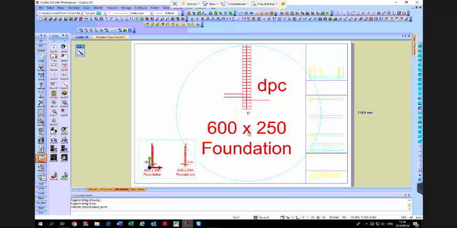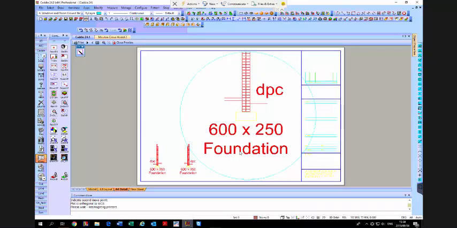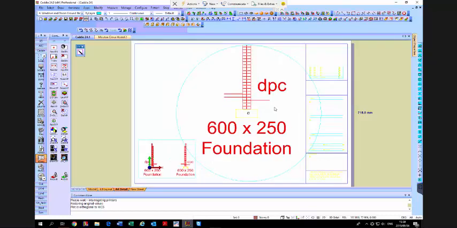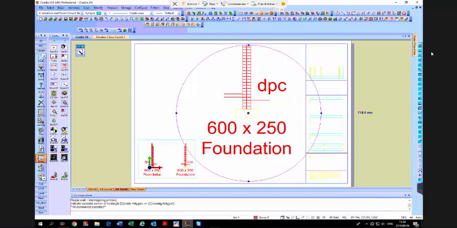Now we've got a problem. I print this, and you're going to be blind not to figure this out. The text is totally wrong. Okay, so there's a thing now. Can you see if I click on this viewport and I go to object properties? There's a scale and an annotative scale of 1 in 100 in both cases. Now if I do it for this one,